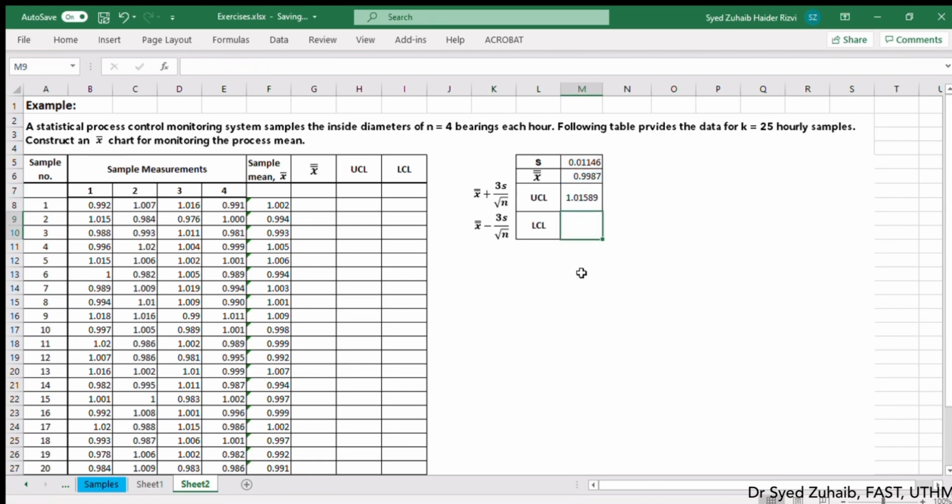And similarly, LCL will be M6 minus 3 times M5 divided by the square root of the sample size, which is 4. Now we have all these values which are required to plot a control chart or x bar chart for monitoring